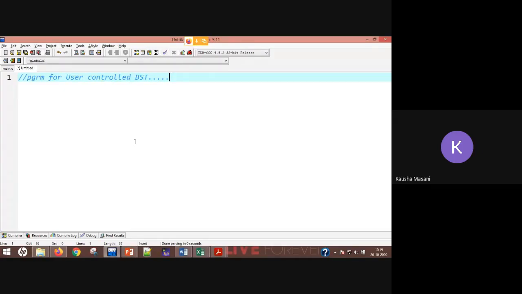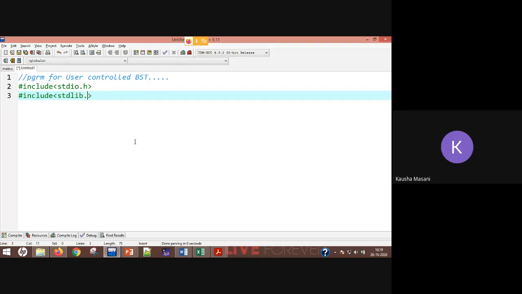Now first go and declare your libraries. So #include <stdio.h>, and because we are going to deal with dynamic memory allocation, include <stdlib.h>. Fine. Now create the structure of the node.